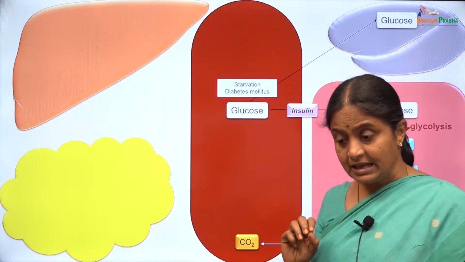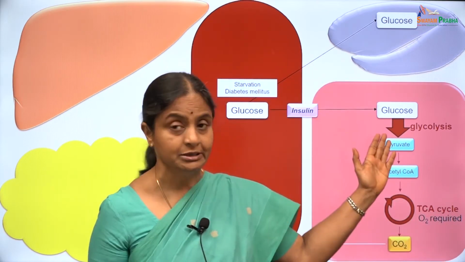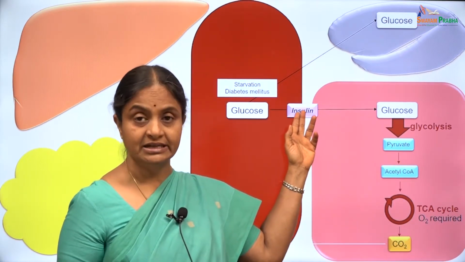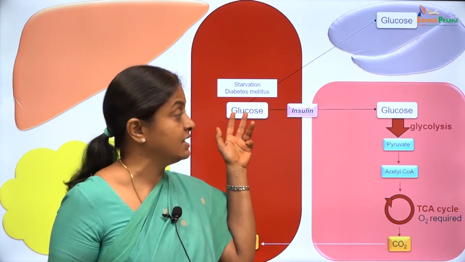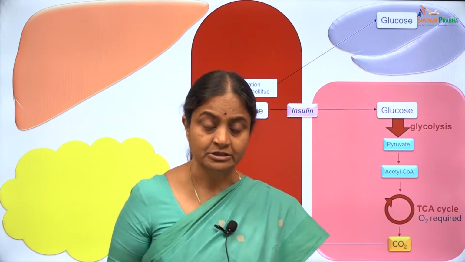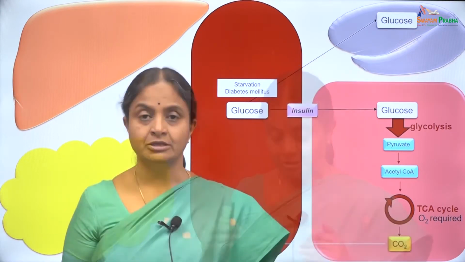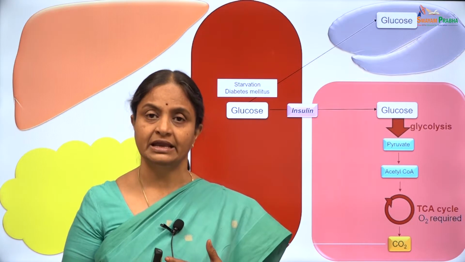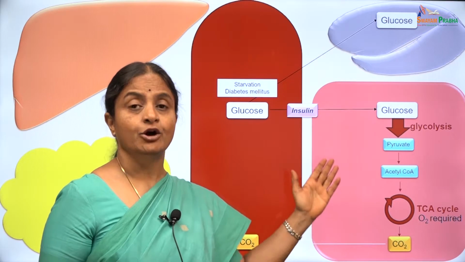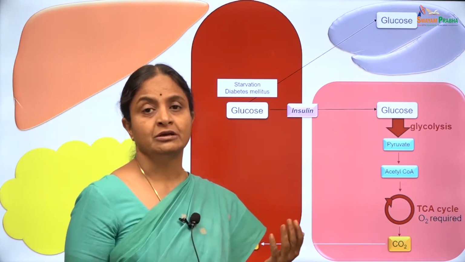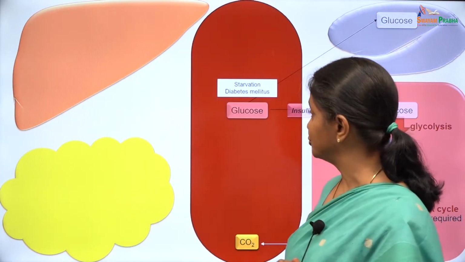Diabetes mellitus is a condition of glucose excess in blood, but that glucose will not be available to cells because of insulin insufficiency. There is not enough insulin, and the glucose that is there in blood, in fact in excess, cannot be taken into the cells. So, the cells are starved for glucose, whereas there is plenty outside. So, in both these conditions, starvation and diabetes mellitus, the cells need an alternate fuel because glucose is in short supply, and that alternate fuel comes from adipose tissue,